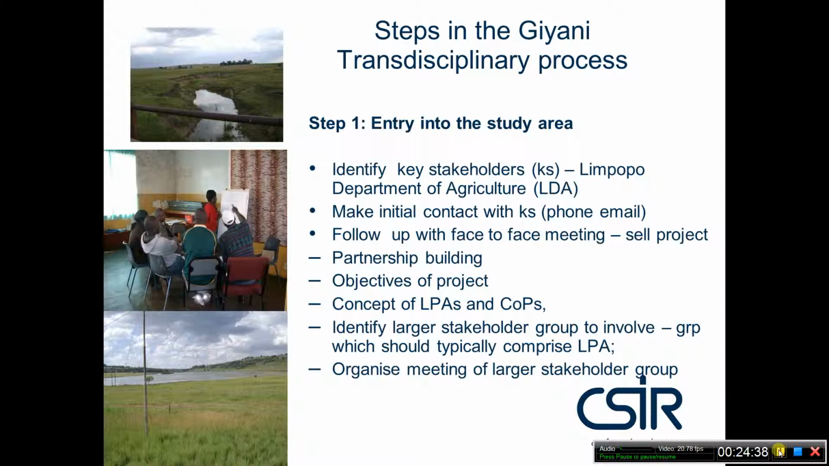The first process was to identify the key stakeholders in the context of this project. This was an agricultural project, and a key stakeholder was the Department of Agriculture, and the most appropriate level was going to be the Provincial Department of Agriculture. So the project made initial contact with the Provincial Department of Agriculture in the Limpopo province, and this was through telephone calls and emails. This was followed